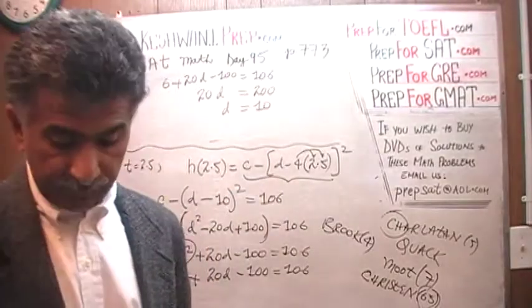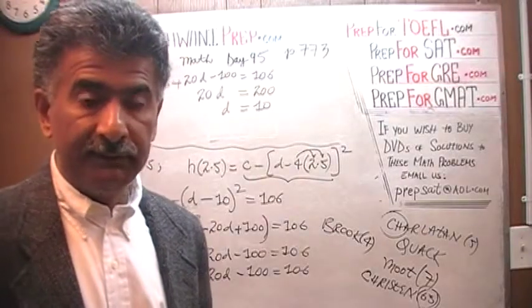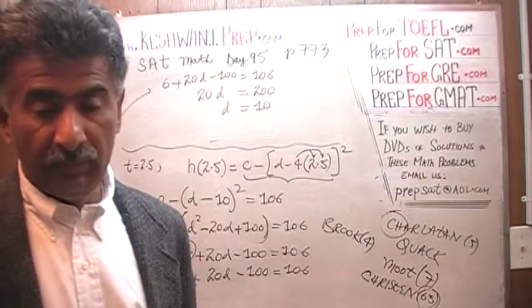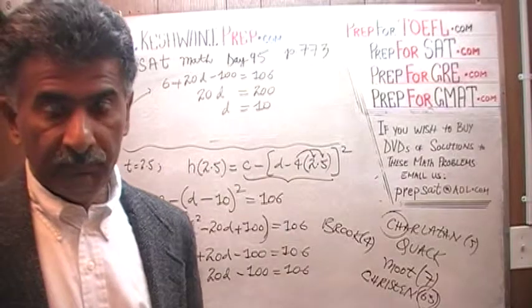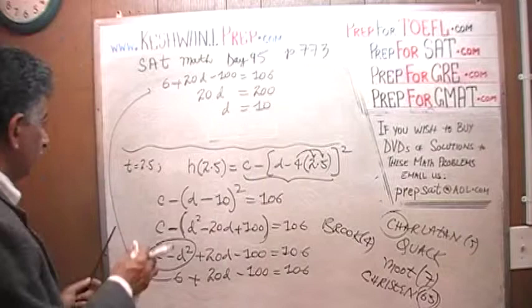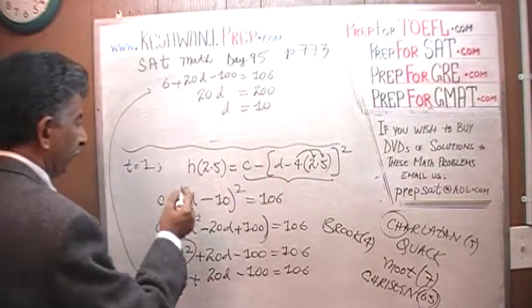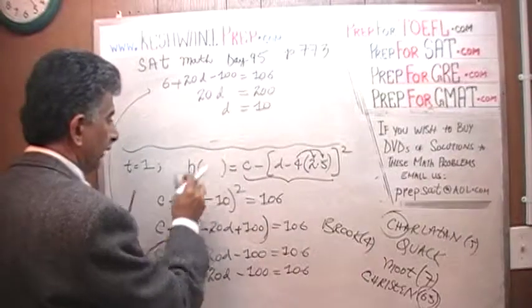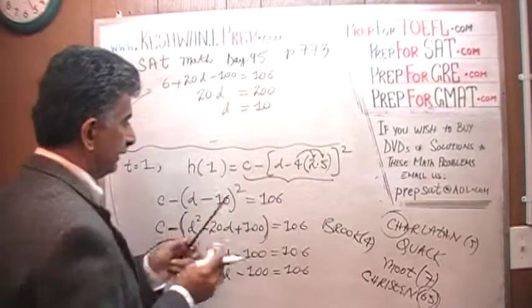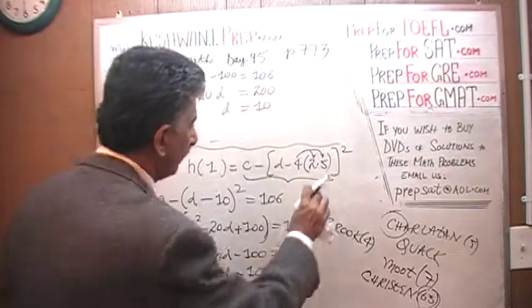Now we can answer the question that is being asked. We're not done yet. We were just messing around with the c and the d. Now we can answer how high the ball is going to be precisely 1 second after having been released. Let's do that. So instead of t equal to 2.5, we're going to put in t equal to 1. It will be h of 1, this is how we say it, h of 1 would be c minus d minus 4 times 1